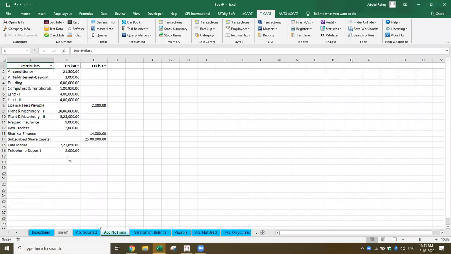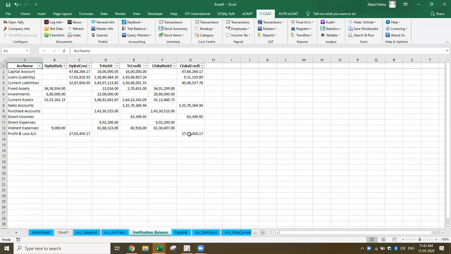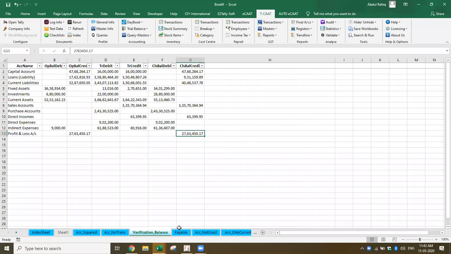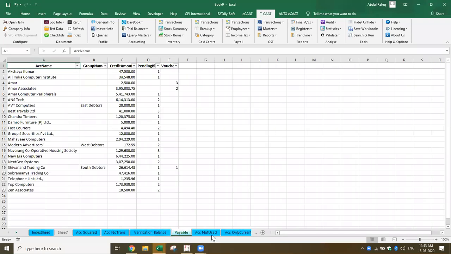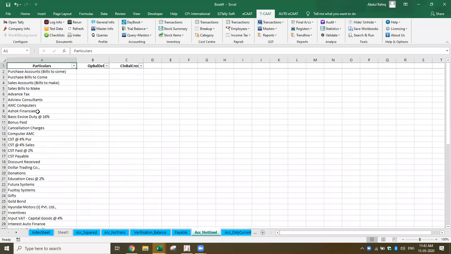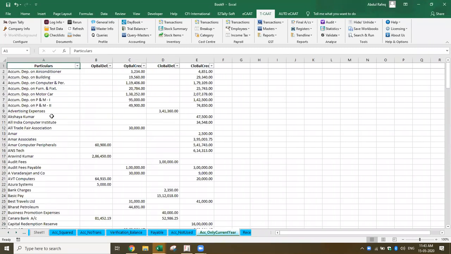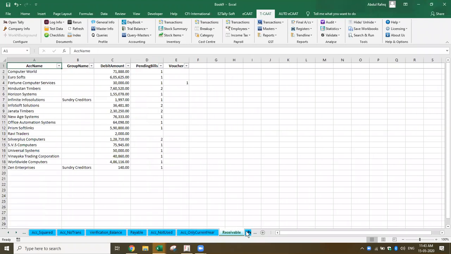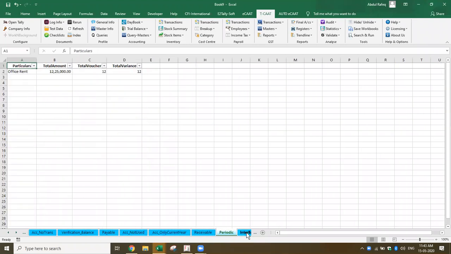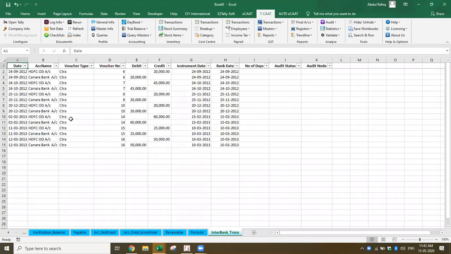Similarly, these are accounts with no transactions. Here you've got accounts which you can verify. For example, based on the groups, you can do your documentation of what has been verified. Now this gives us the payables. This gives us the accounts which are not used during the year. These are accounts which have been created but are not being used during the year itself. These are accounts which are created only during the current year. This is the report pointing to the receivables, and this is the information pointing to periodic payments. These are the interbank transactions that happened. All this which you do as a ledger scrutiny, you can do simply in one click.